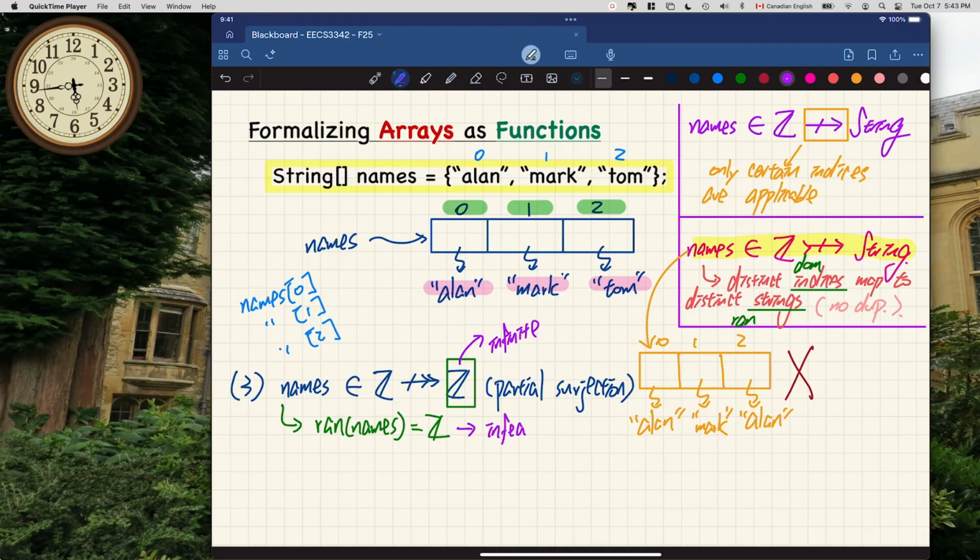So this is not a valid modeling decision because it's not feasible. However, if we somehow modify that slightly, it may be okay. For example, you might say instead, if you say the names over here, let's say I still want a partial surjection over here. Maybe I would say partial surjection right here, the same as before, but now over here, I might just put,